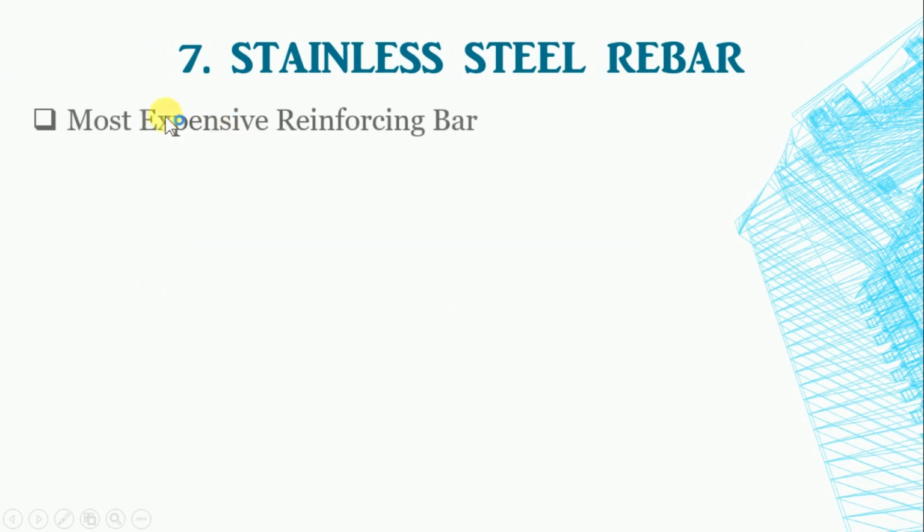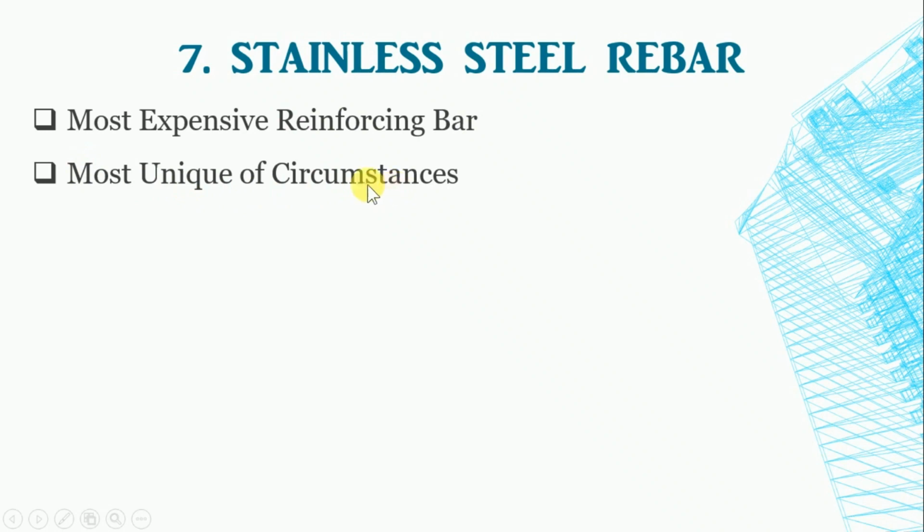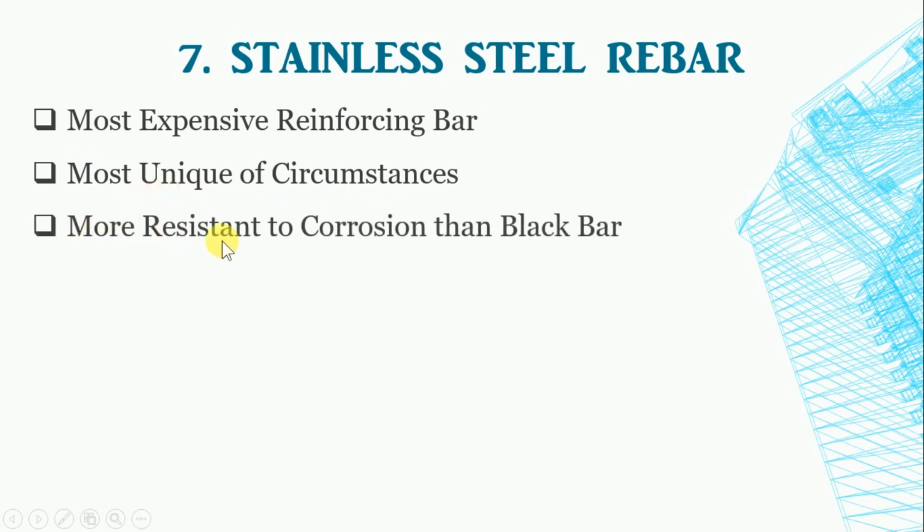Stainless steel rebar. Stainless steel rebar is the most expensive reinforcing bar available, about 8 times the price of epoxy coated rebar. It is also the best bar available for most projects. However, using stainless steel bar in most circumstances is often overkill. But for those who have a reason to use it, stainless steel rebar is 1500 times more resistant to corrosion than black bar. It is more resistant to damage than any other corrosion proof type of rebar, and it can be bent in the field.